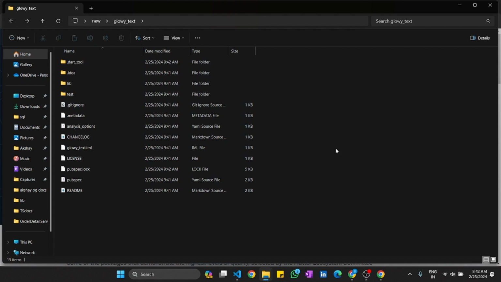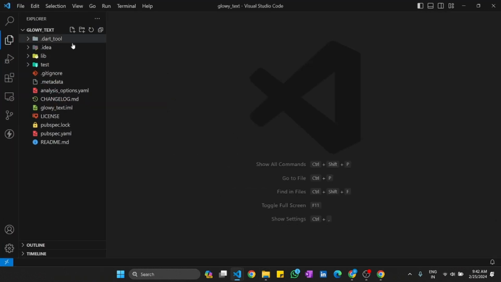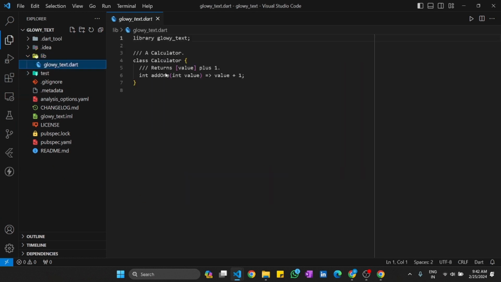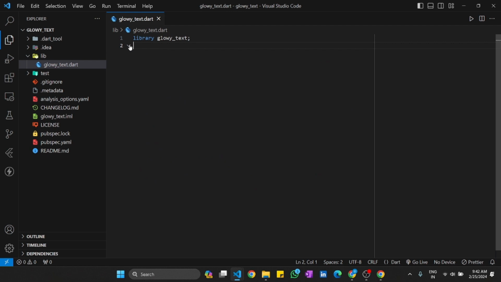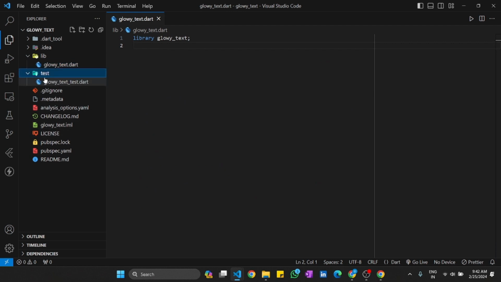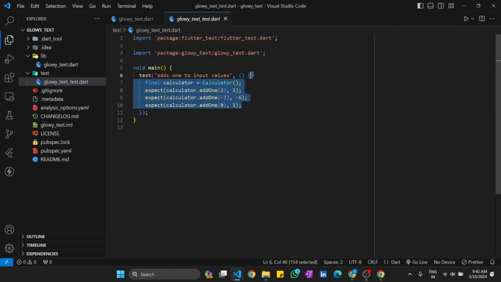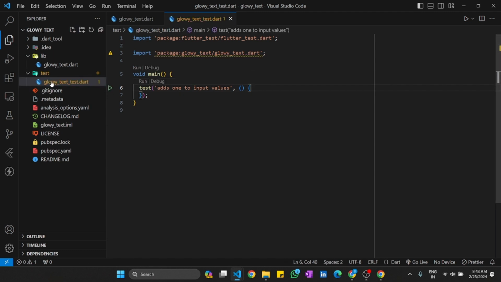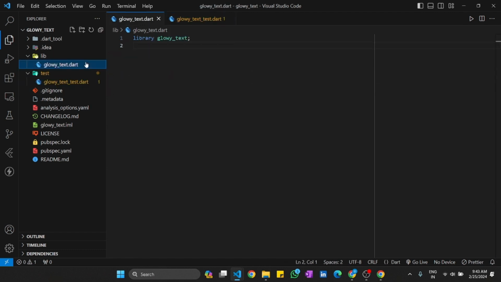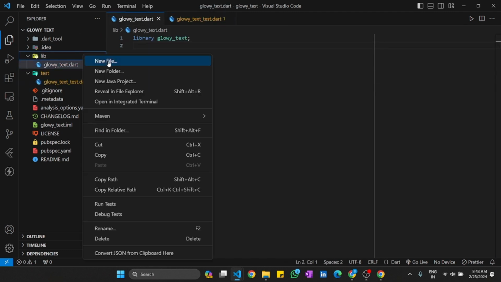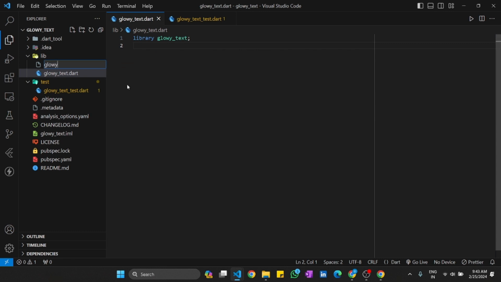So we just open this package in VS Code. We have opened the package in VS Code. Now here is one template given of calculator. So we'll just remove it, and we also remove it from the test. Okay. So now we have to add the package we have just created here. So we'll create a new file, glowy text widget